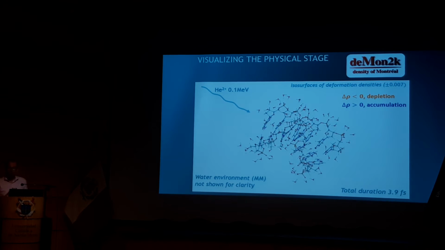To see a little bit what is taking place at the level of the density, this is again a deformation density in the dynamics. The projectile is coming here. In yellow, in orange, is where the electrons are depleted, so less electron than in the ground state. And in blue, the accumulation. You see that it starts to perturb molecules that are not hit by the projectile. And all the way, the density is strongly perturbed by the projectile. You see a lot of activity, essentially localized on the DNA base. This is for helium.